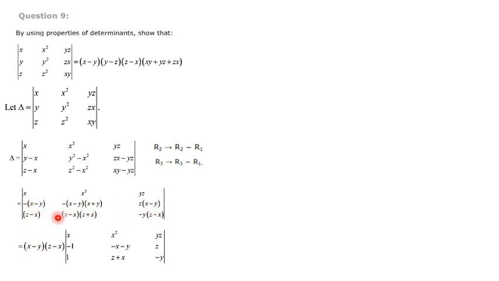From here x minus y is out, and from the third row z minus x is out, and the balance is x square, y, z, same. Then here minus 1, here minus x minus y, that is x plus y is the balance, just removing the bracket also. X minus y is outside, so minus x plus y is there. When you remove it, minus x minus y will come, and here x minus y outside, z is the balance. Next, z minus x is outside, 1 is the balance. Here z plus x balance, here minus y is the balance.